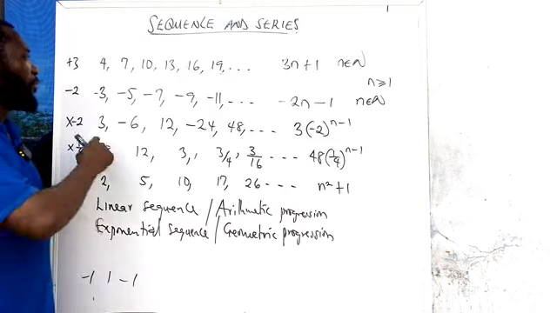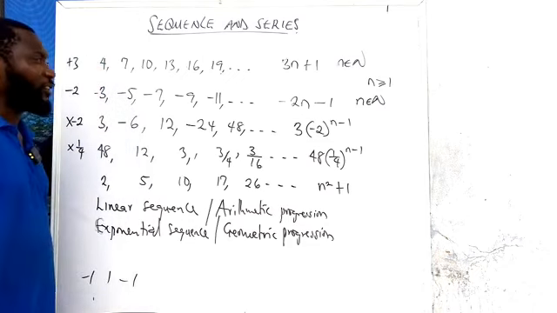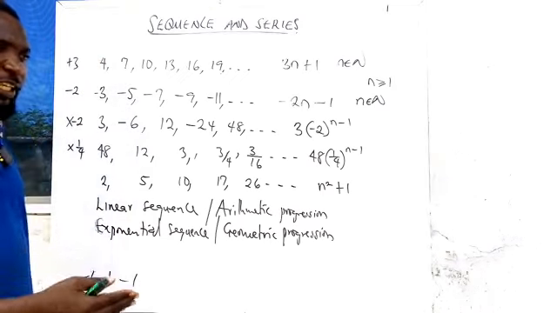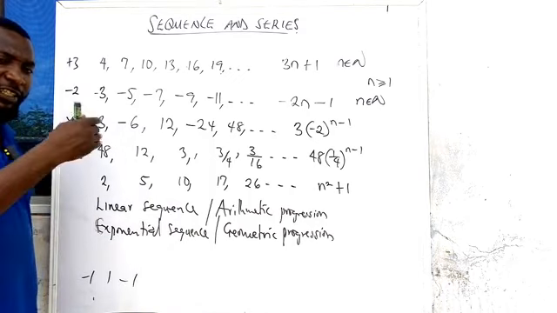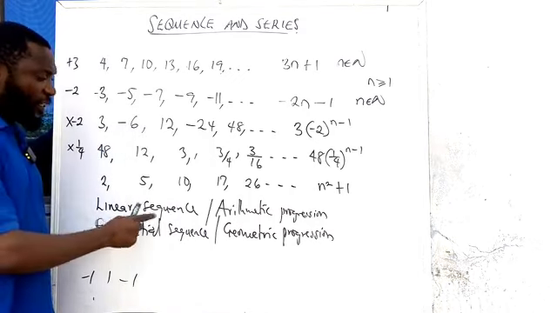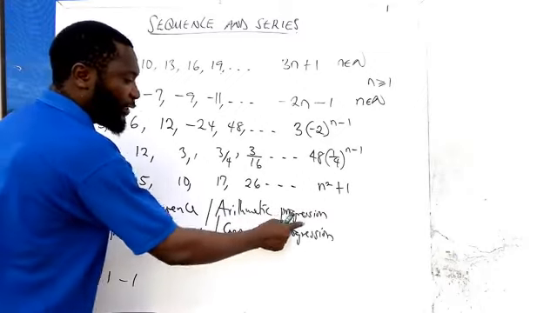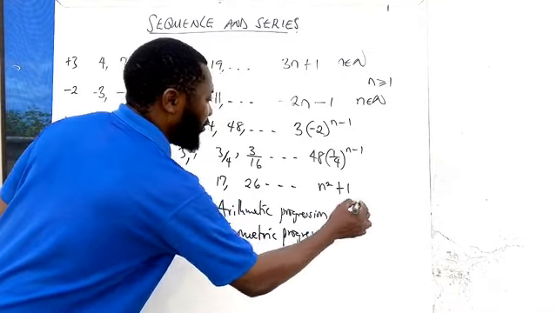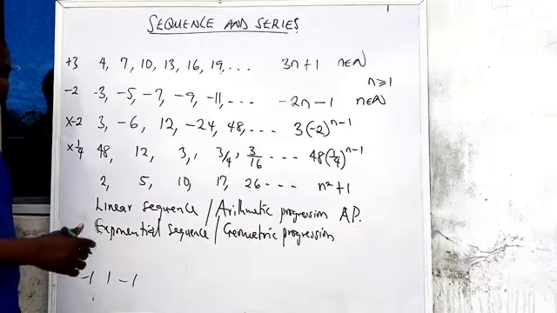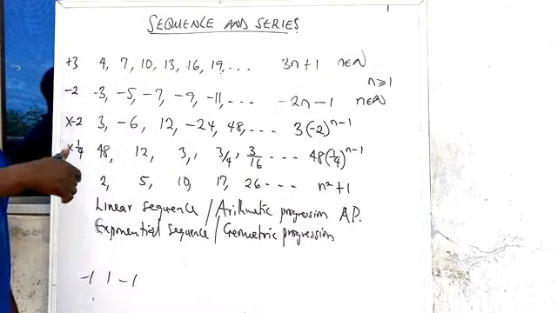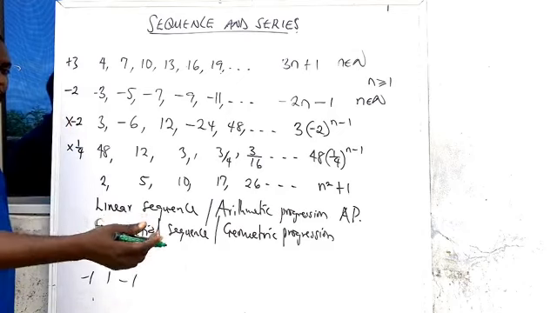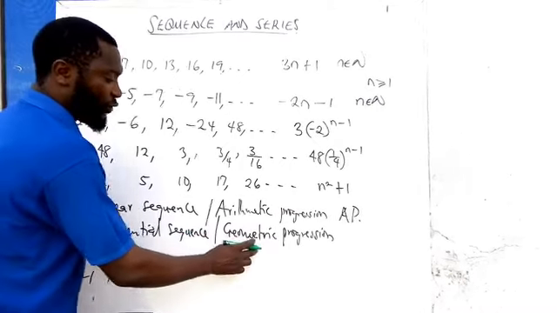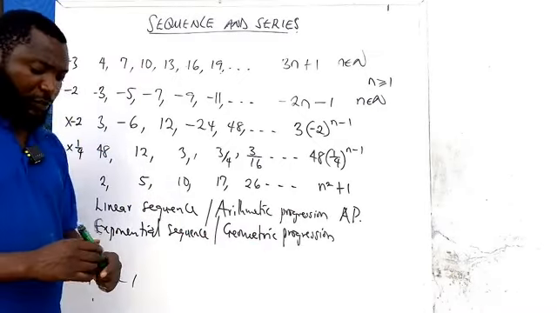So just a recap. When you add a number or take a number in order to generate the next term, we call it a linear sequence or arithmetic progression, which is commonly known as an AP. When you generate each term by multiplication, you multiply by a number or you divide by a number, we call it an exponential sequence, which is known as a geometric sequence. So in the